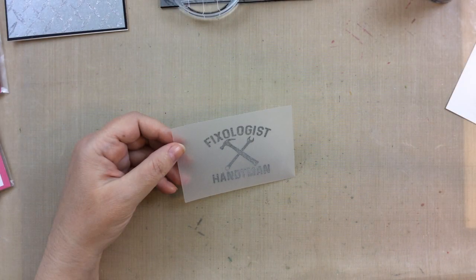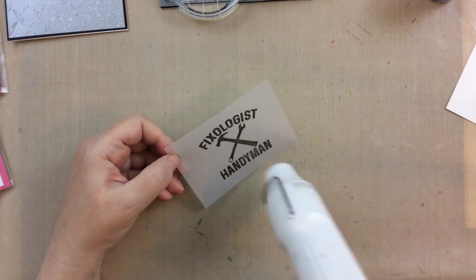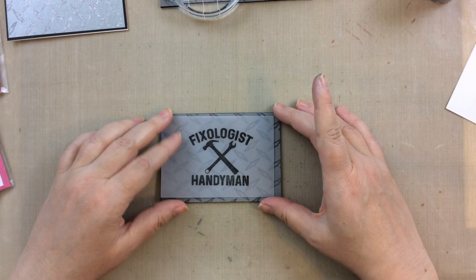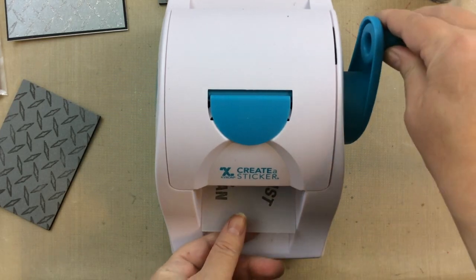For vellum, it's really important that you heat up your tool first for at least 30 seconds and then come to the vellum and take it off every once in a while. Here you can see that I'm doing that so that it doesn't warp the vellum. Now to attach it to our little panel that we did here, I'm going to use this Create a Sticker